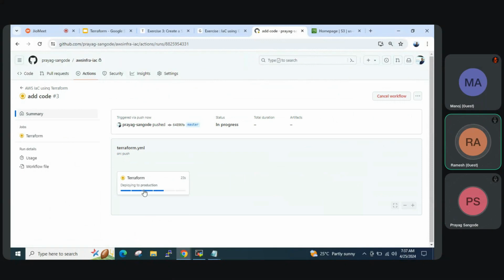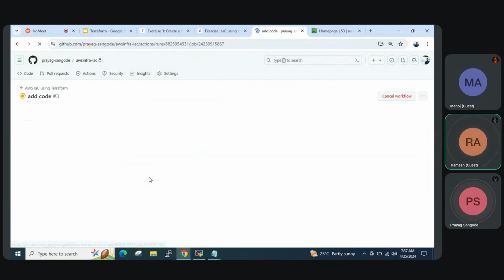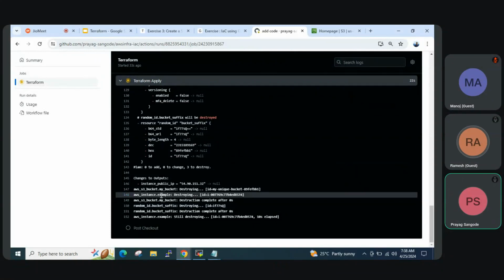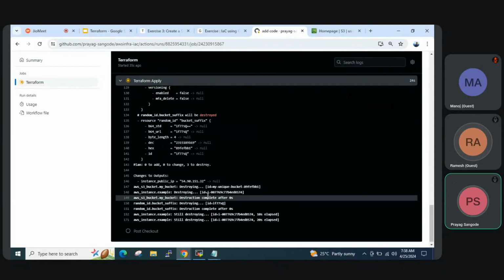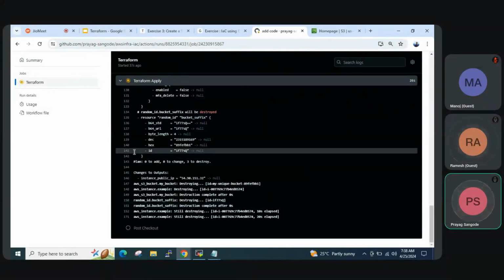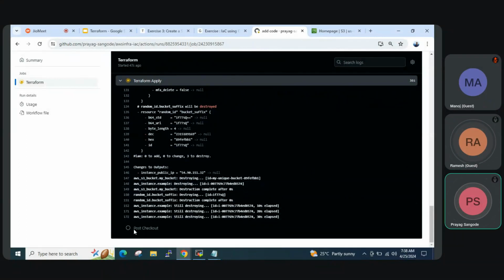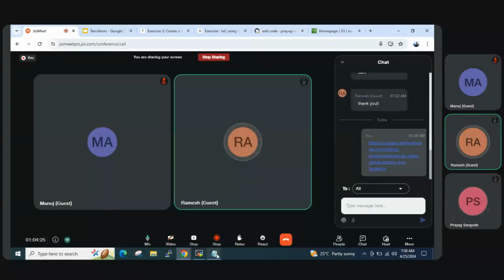And suppose any pipeline fails, can we debug it? Yes, it will show on the screen itself that it has failed, that something failed. Then we can just modify our code and push the code again. So if you see, it is destroying it. Once it's destroyed, it will do the post checkout and the pipeline ran successfully. And if someone is modifying